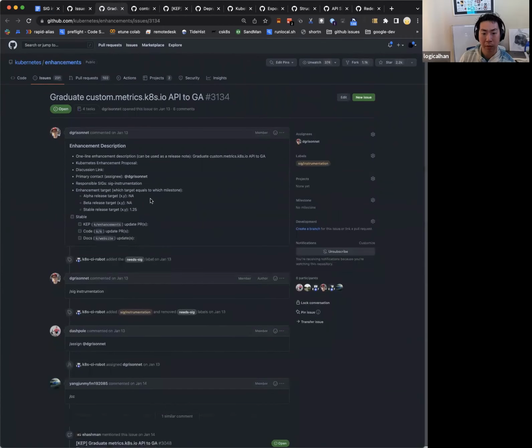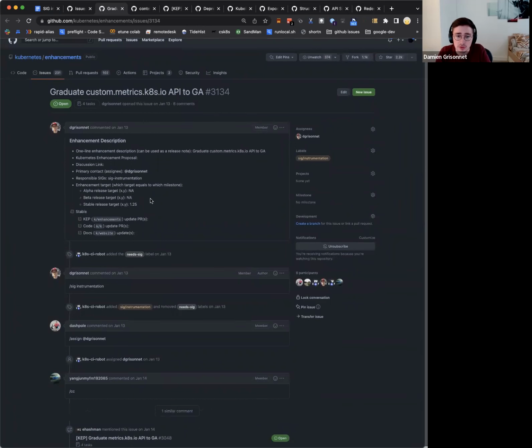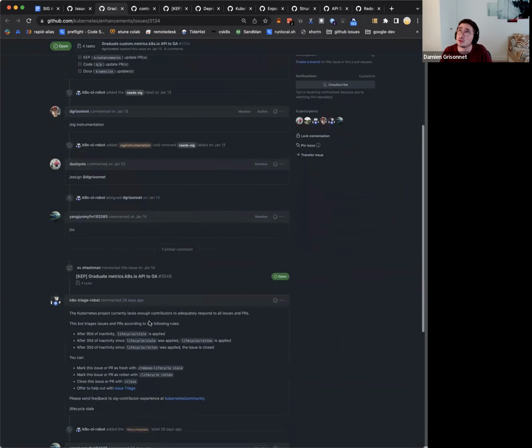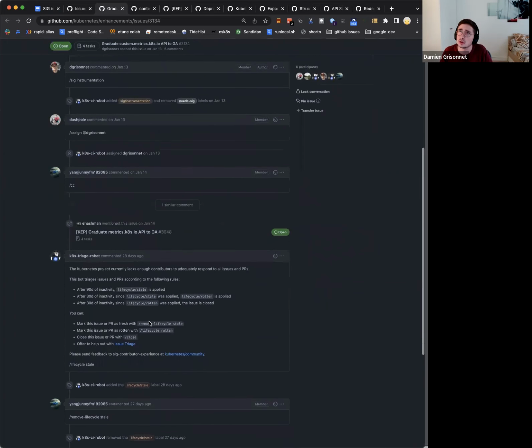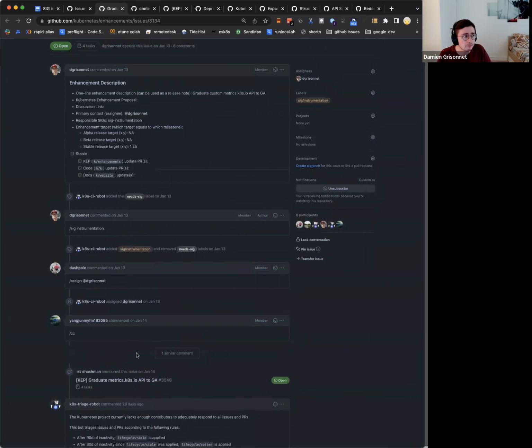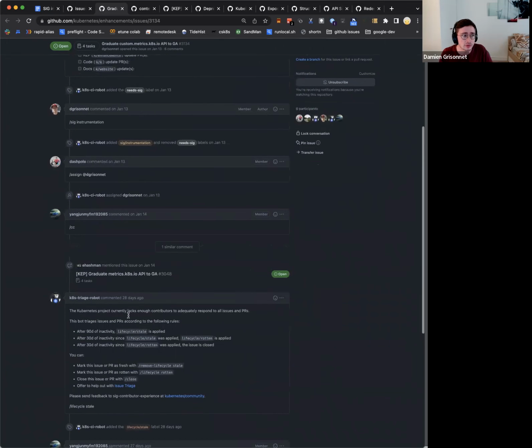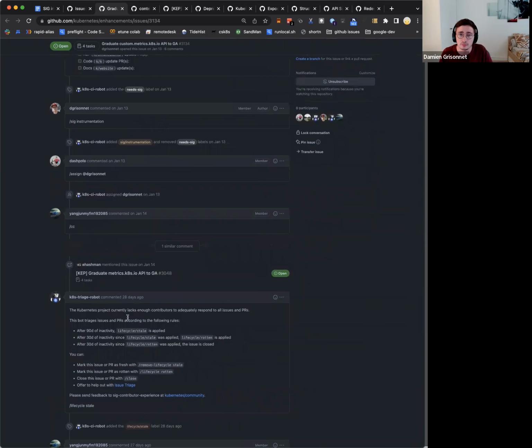What about the custom one? Same thing? The custom one, there is Yoon Jun that is working on it. As of now, I don't think there is any change in the API that needs to be made to this one, as far as I remember. The only thing that we wanted to tackle is trying to figure out if we could extend kubectl to also show custom metrics, because that was requested by some people.